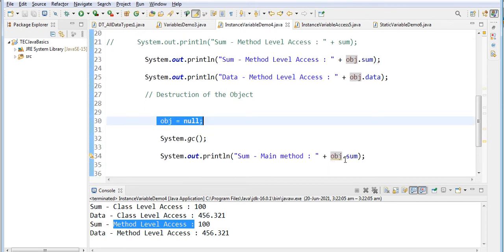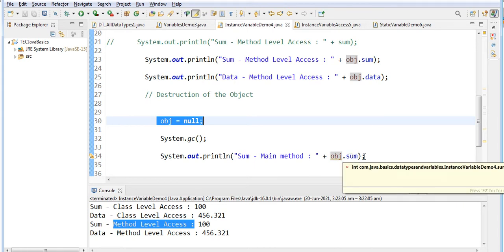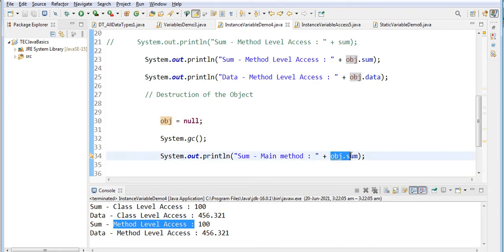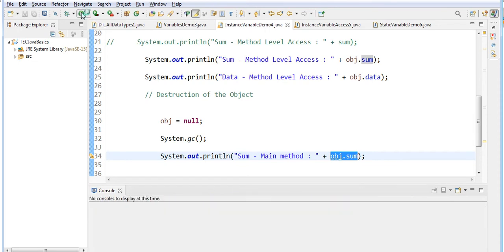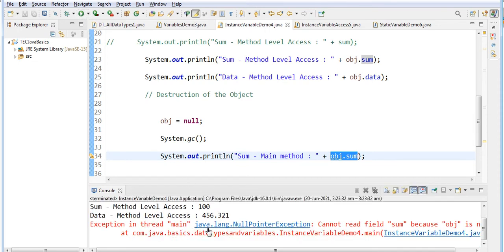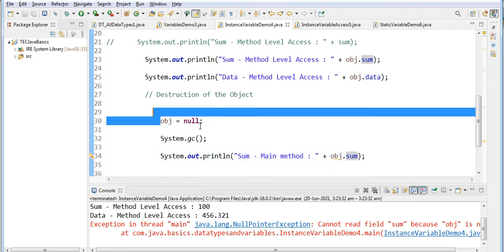Now let me see what the value of obj.sum is. It is the instance variable. See, it will show an error. It is showing java.lang.NullPointerException, which means the object is destroyed. After the object is destroyed, even if you have declared the variable, it cannot be accessed.